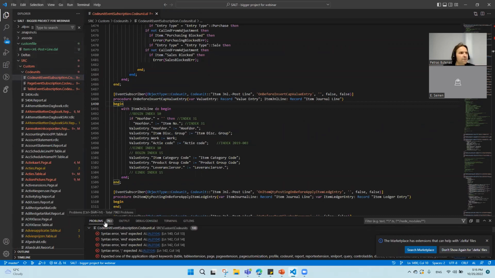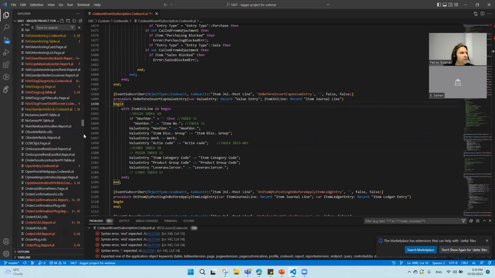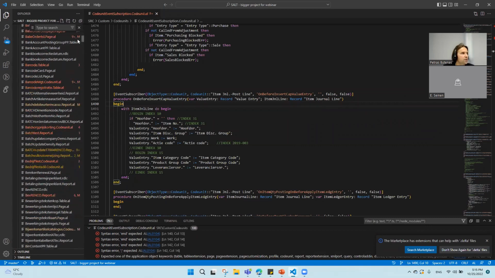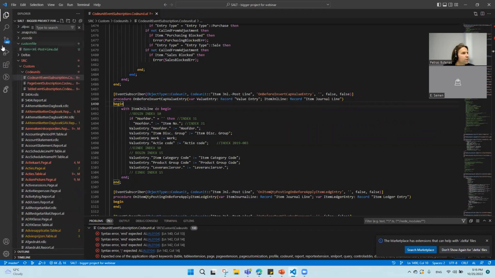So you can see that after converting with Salt, you still have over 7,000 issues that you would have to solve manually. And you can also see that Salt has touched over 440 objects out of the 1,300 objects here. So it has tried around a third of it to do something. So let's begin with the codeunits that were generated automatically